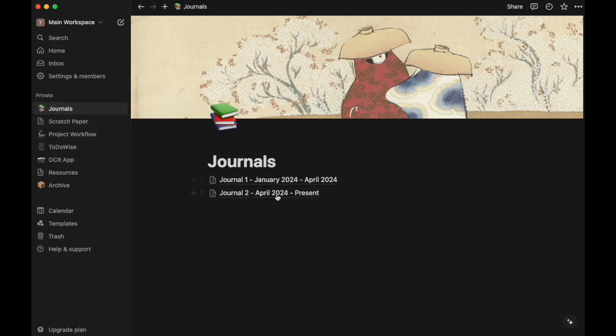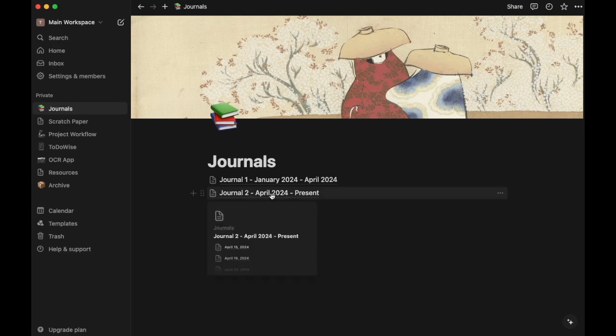Then from here, I created a page for each of my journals from start date to end date. Then I'm gonna show you an example of a journal entry that I will show you throughout the rest of the video, how to achieve this easily, just with a simple app. Everything's for free, of course, so you don't have to pay for Notion to get all this. You don't have to do any subscriptions. The app is also free,